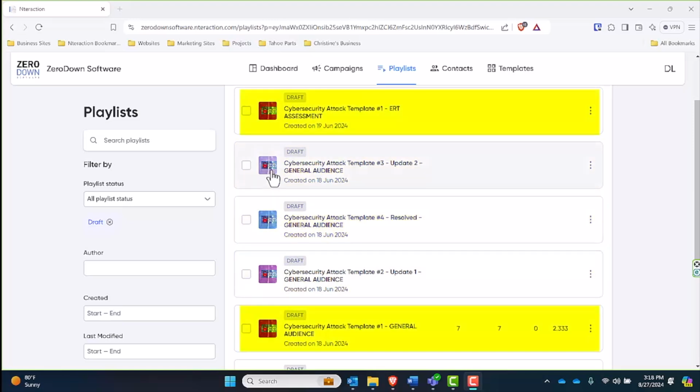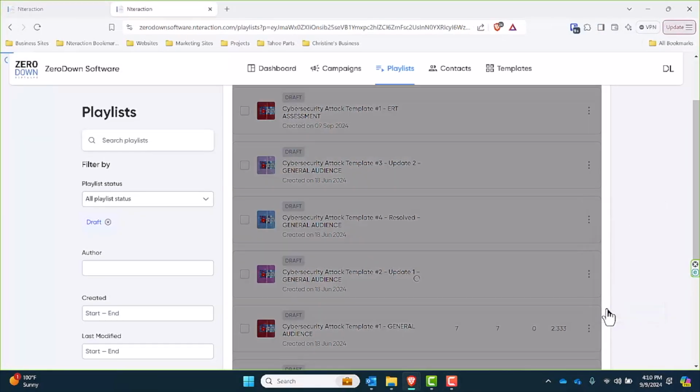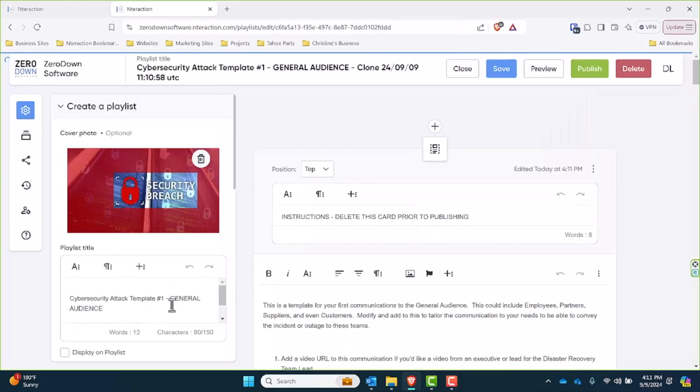There are initial communication playlists for the emergency response team, or ERT, and general audience. You may choose to clone these and make additional playlists for specific audiences you want to inform and instruct. Tailor the information, videos, and documents that you provide in each of these to communicate the update, or final resolution